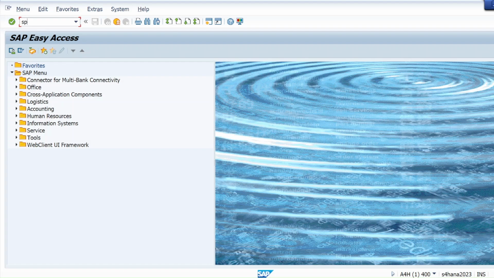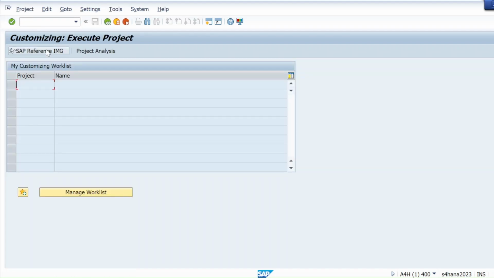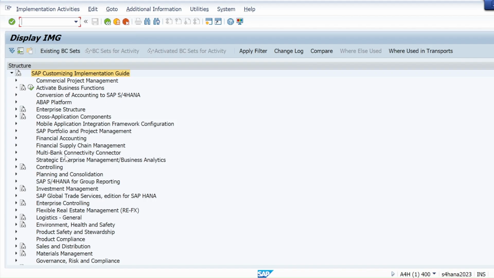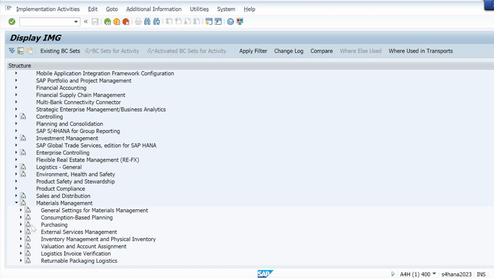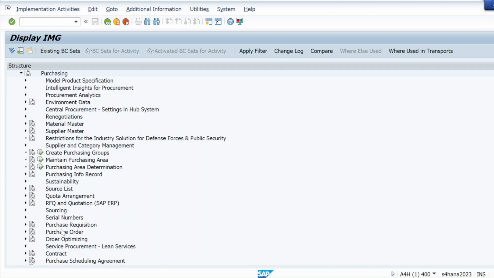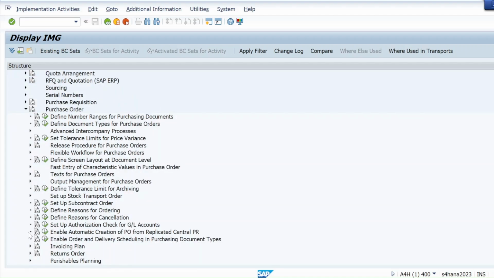Just go to SPRO, go to the IMG implementation guide, go to material management. Here you can see the purchasing node, and then go to purchase order, and then to define number ranges.